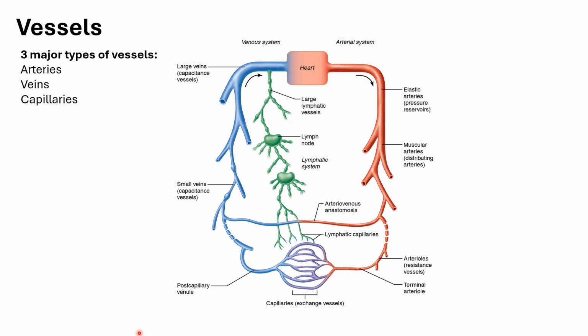There are three major types of vessels: arteries, veins, and capillaries. Arteries are those vessels which take blood away from the heart, whereas veins are the vessels which carry blood to the heart. And capillaries,